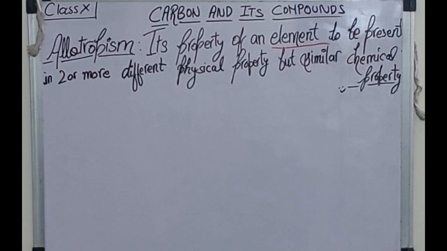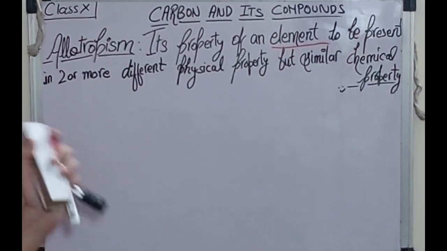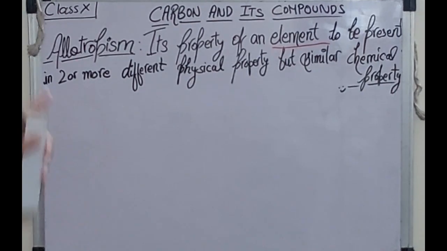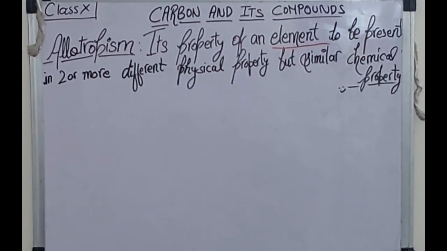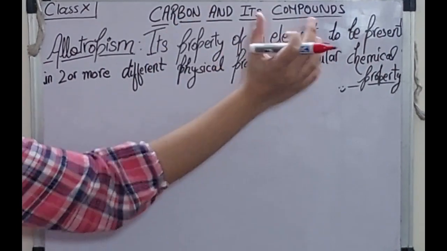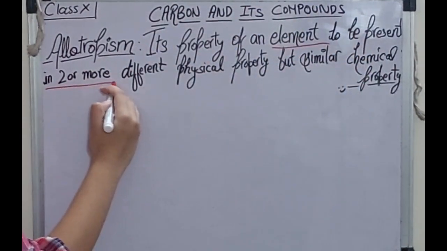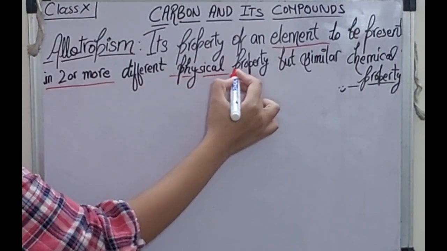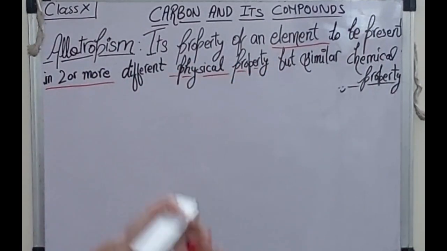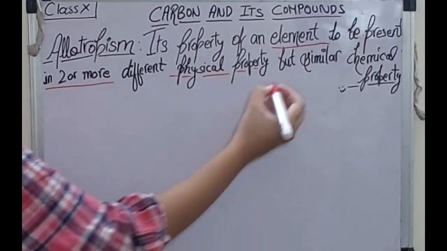Now, what happens is that one element is present in different forms, with different physical properties. Some are like a circle, some like a football, some like a hexagon. Let me tell you with an example, but this definition is quite important. It's a property of an element to be present in two or more different physical properties. Their physical properties are different: their melting point, their boiling point, their structure, everything is different, but they have